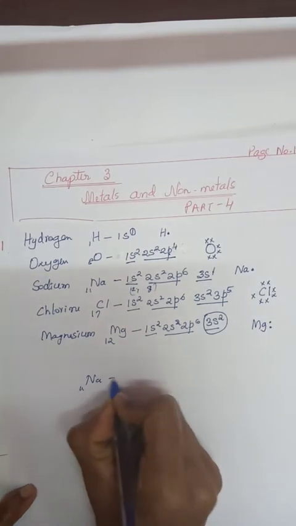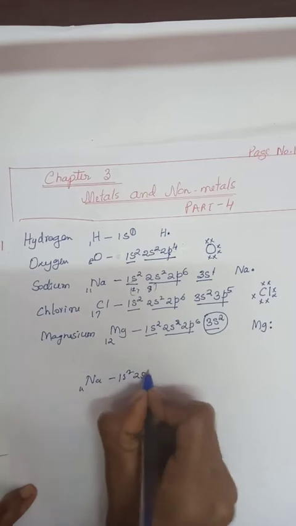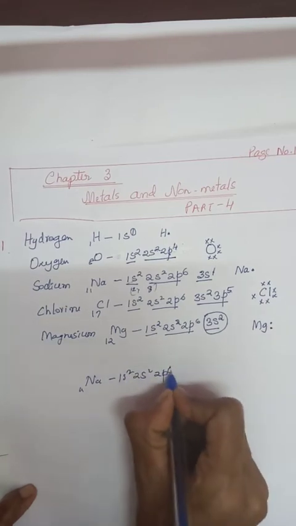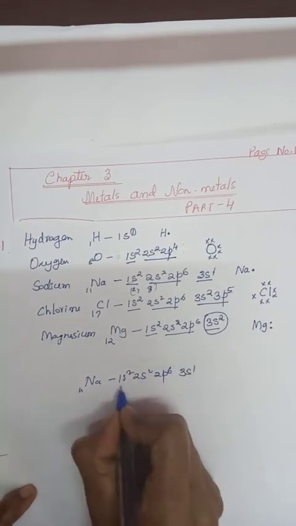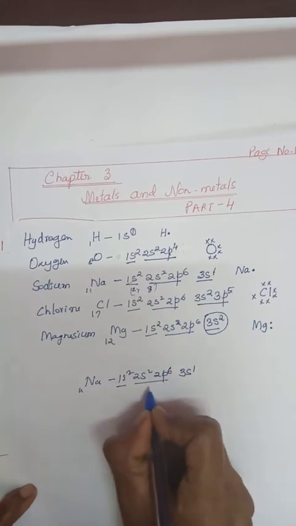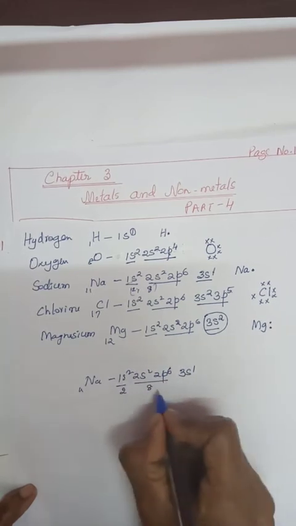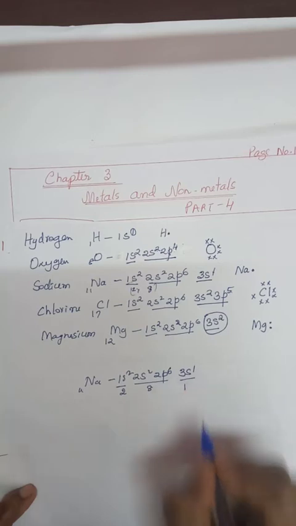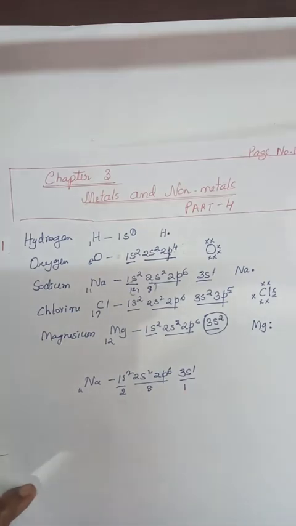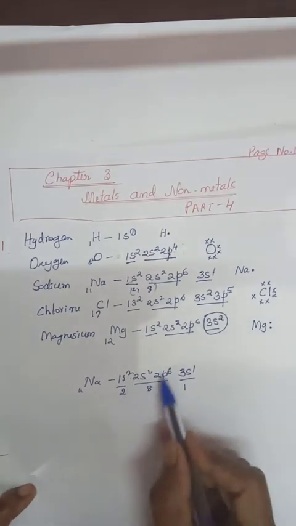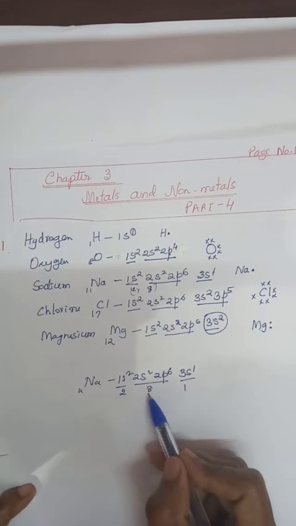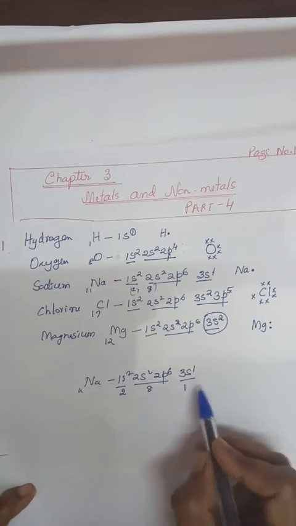Sodium, atomic number 11: 1s2, 2s2, 2p6, 3s1. 2 electrons in the first shell, 8 electrons in the second shell. In the third shell, there is only 1 electron. To attain the octet configuration, which means 8 electrons in the outermost shell,